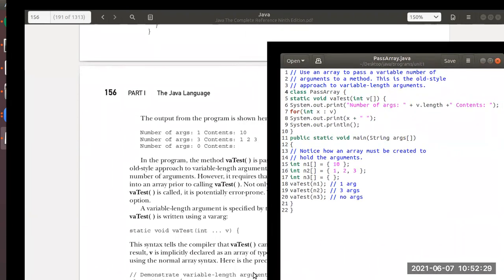Now what is going to happen after here is, you can see this is displaying the number of arguments. You can see over here also the same thing, number of arguments. Then after this,